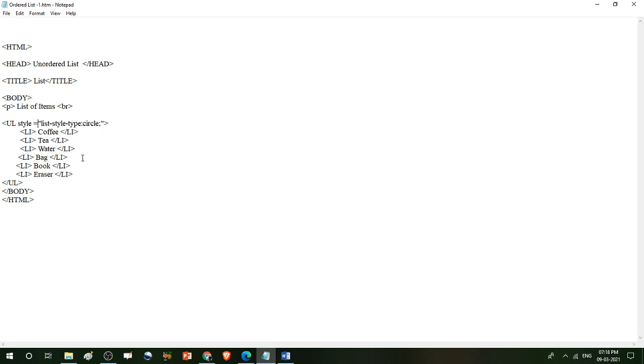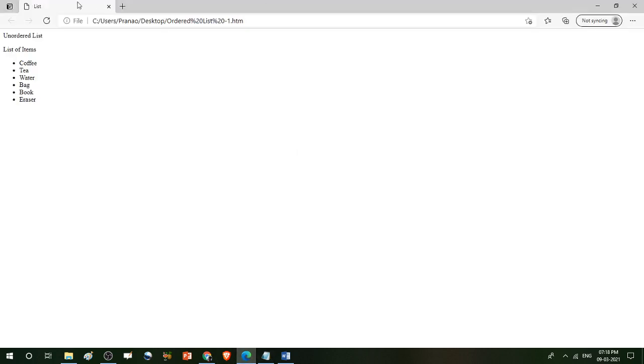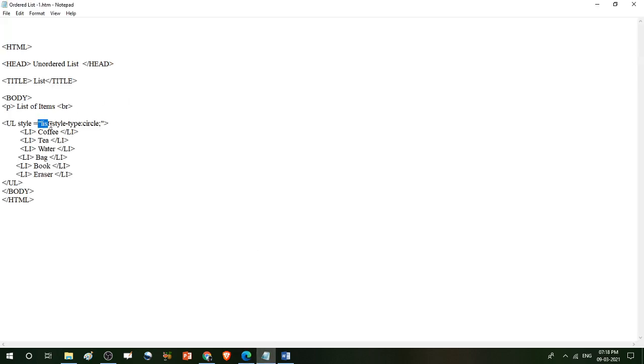Clear? Then Control S, open your file. Yes, that means here no need to give the space between these. Clear?